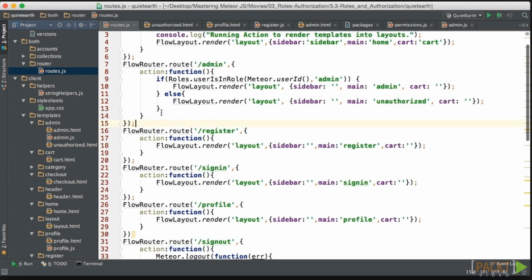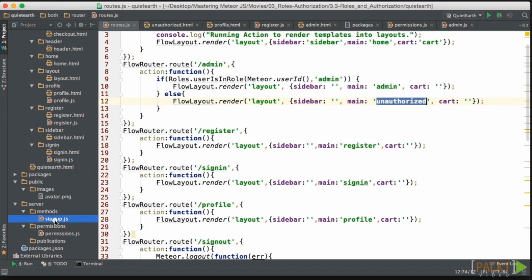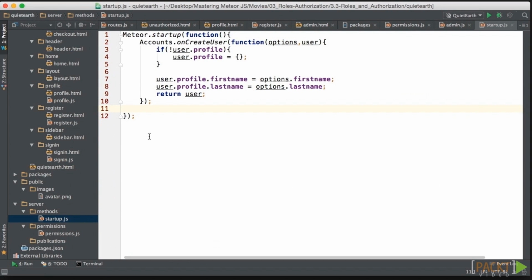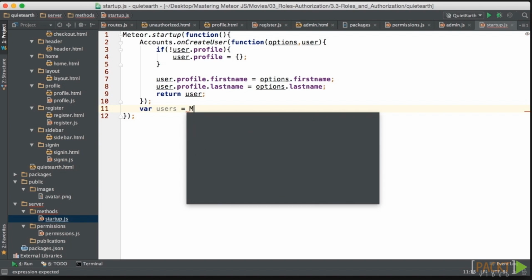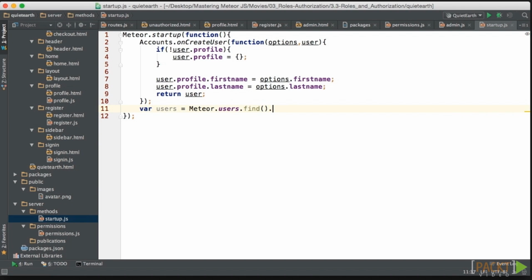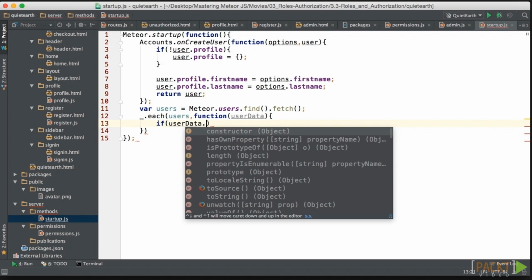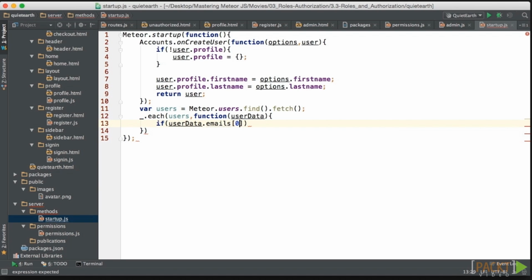We don't currently have any users that have an admin role attached to them. So let's go into the server, into our startup function, and we're going to find and fetch all of the users in the Meteor users list. Then we're going to loop through those users, and as you're looping through, let's check, and if the user's email address is equal to whoever we want to be the administrator,